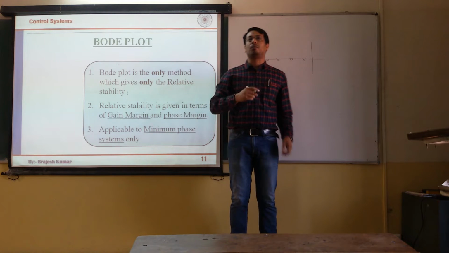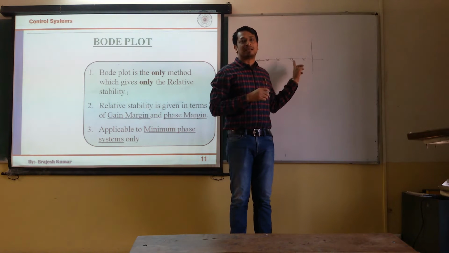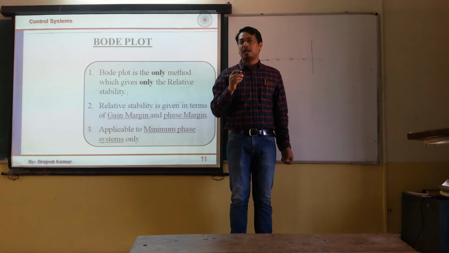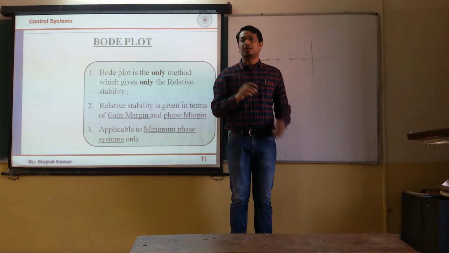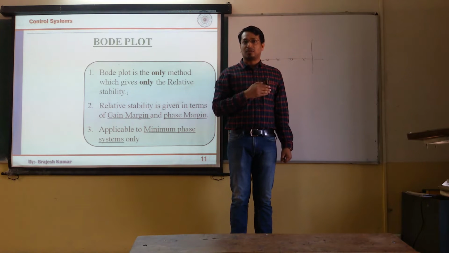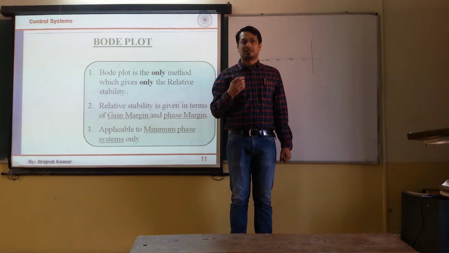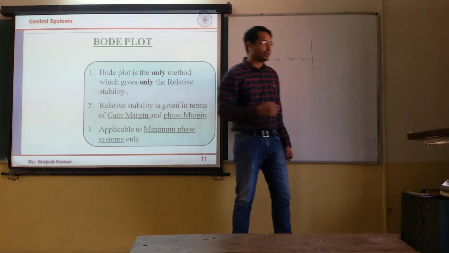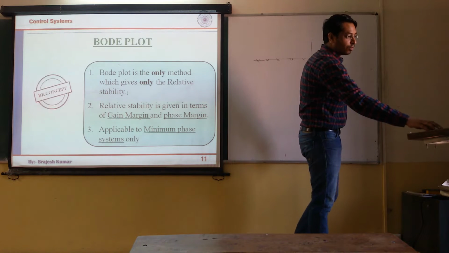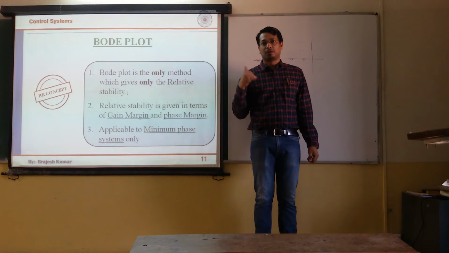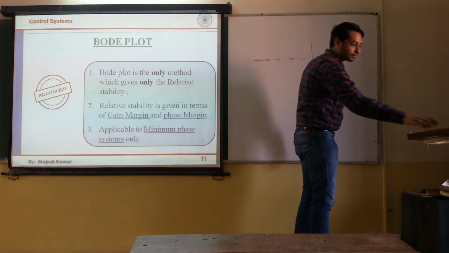This particular method of Bode plot is applicable to such type of system only. Why am I saying it is minimum phase? When we take the classes on minimum phase, maximum phase and all pass, we will come to know about it. So this was your basic concept. So with this I have started the concept of your Bode plot, correct?